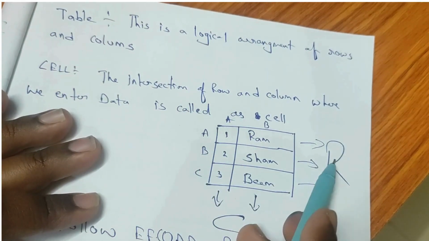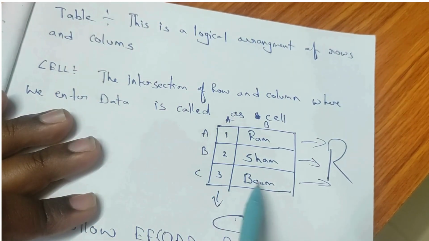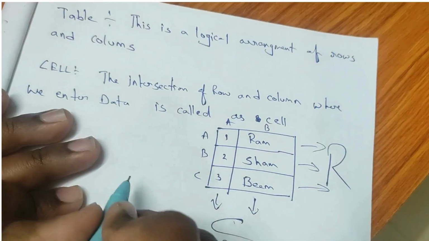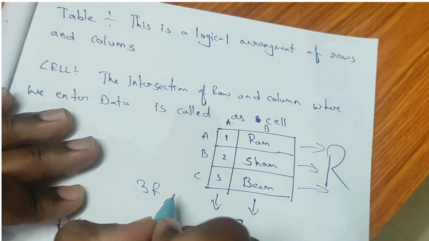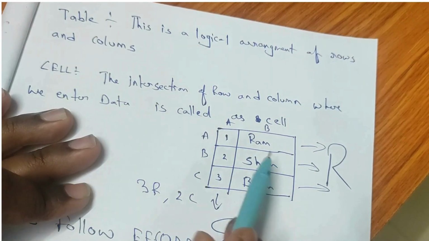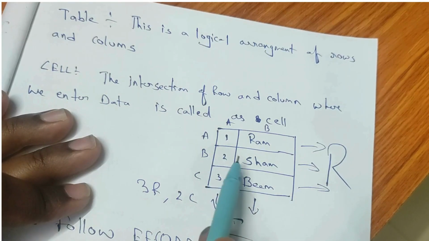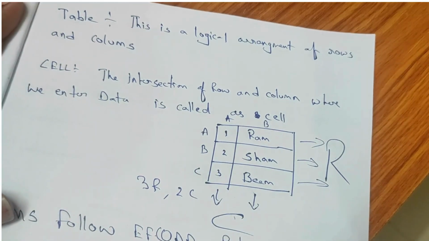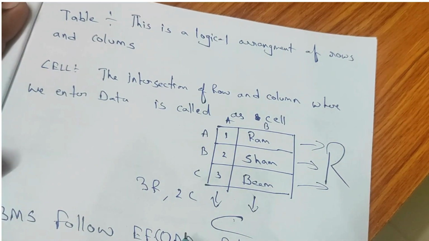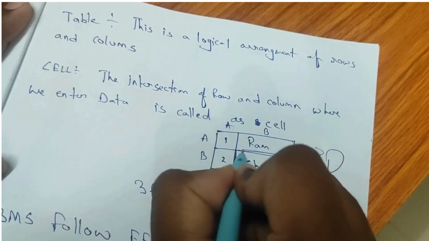It is a combination of rows and columns. These are the columns and these are the rows. So here we have 3 rows and 2 columns, and here we have 2 rows and 2 columns. This is a combination which is called a table. And here, if you look at Excel, if we highlight this,